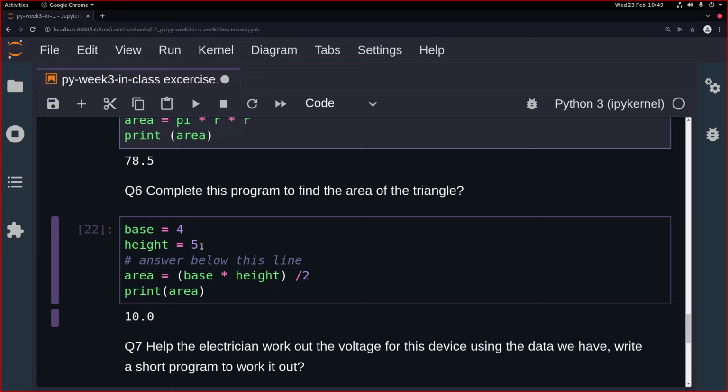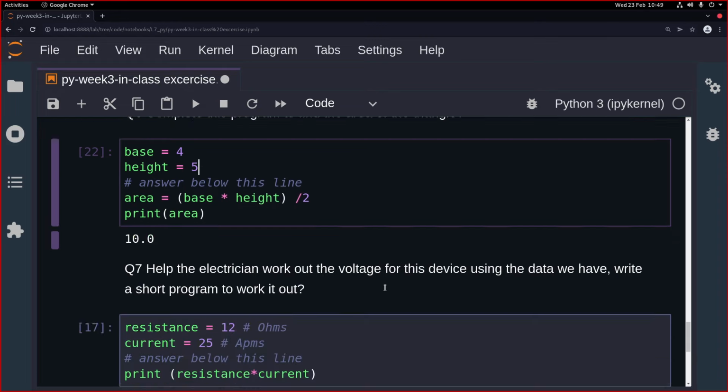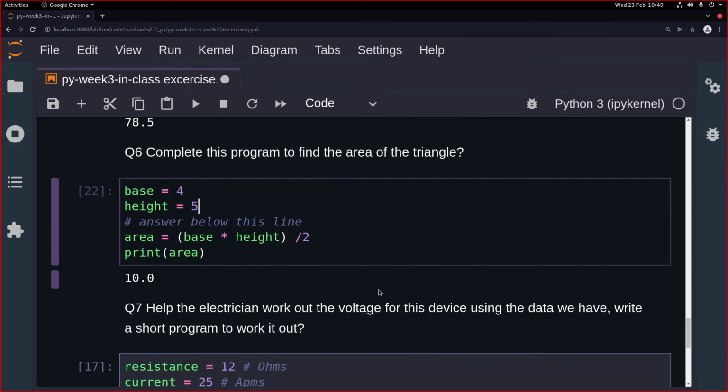Imagine it was a rectangle. The area would be 20. So if we draw a line diagonally through it, we're going to get 10. Welcome to high school maths. Right, okay, so